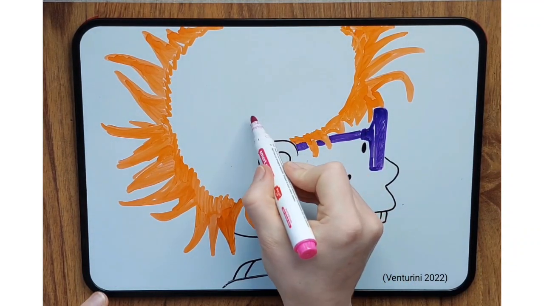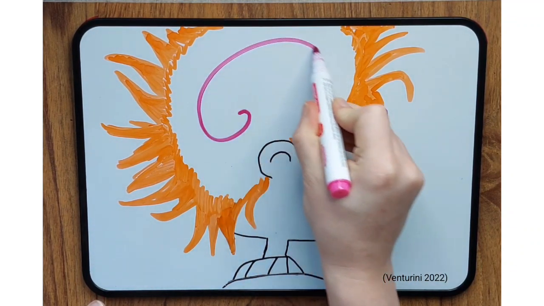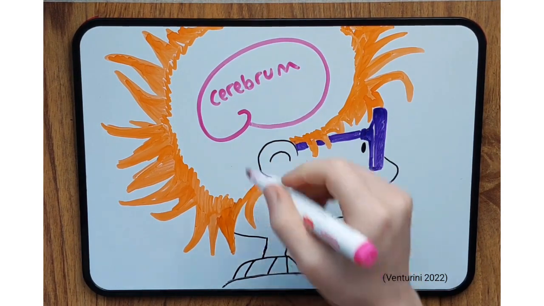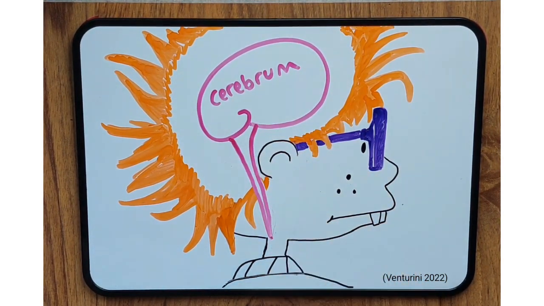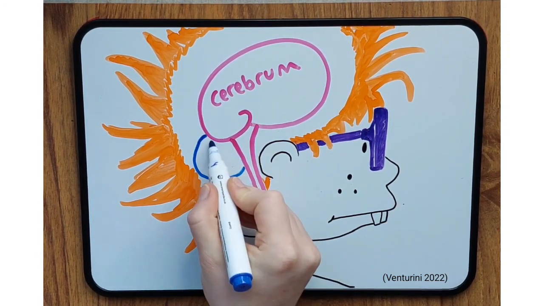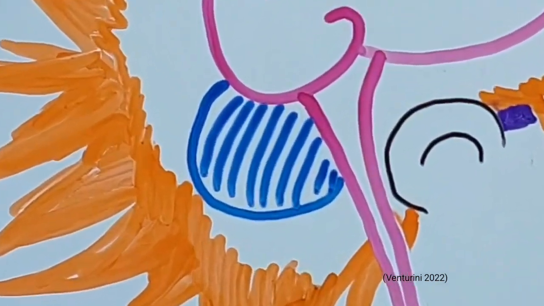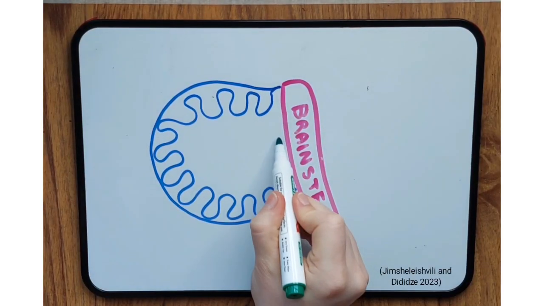Here I'm using a profile view of Chucky to talk about the anatomy and function of the cerebellum. At the top is the cerebrum, the main part of the brain. The cerebellum is found underneath in the posterior cranial fossa part of the skull, located just behind the brainstem. If I take this and swap it out for a bigger one, you can see that it is made up